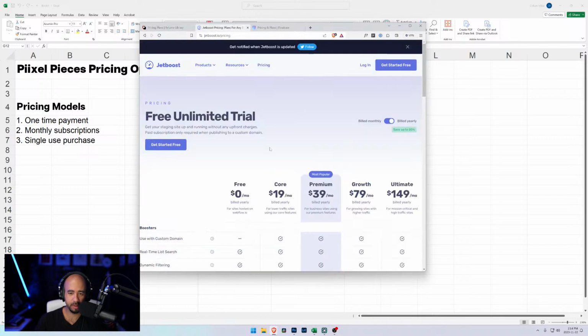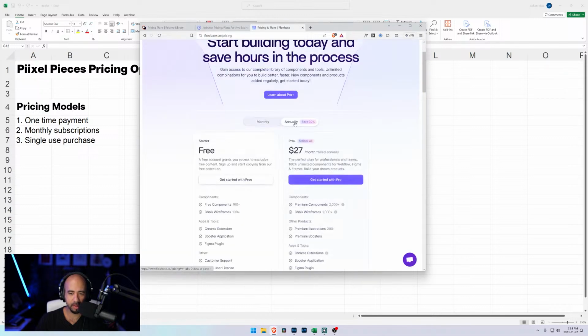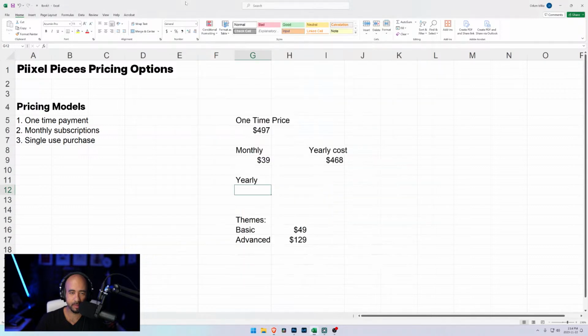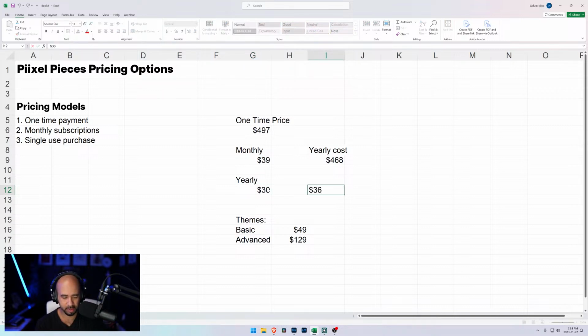We got 32. Oh, okay, again, this is different. So that's billed yearly there. So we're at 49. And annually it's 30%. This goes down to $27. Wow. It's 27 to 32. So let's say it's $30 a month. Yearly, it's about $30 a month, which is $360 a year, right? 30 times 12. So that's kind of what we're looking at.